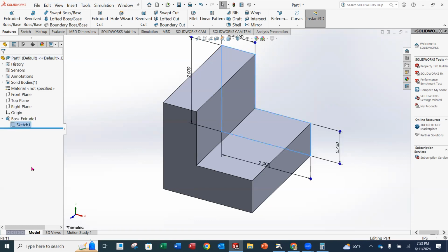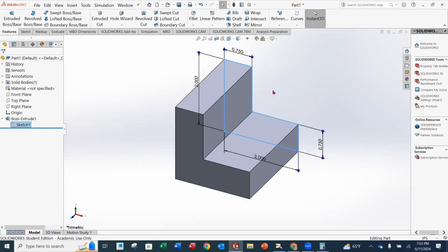I'm going to click on that sketch and zoom out by just taking my roller and moving away from me so I can get to it. Notice what happened here. I didn't officially go back into sketch mode, but notice that all of the dimensions that I created on my sketch are there for me. Guess what you can do? If I go to the 2-inch dimension and I double click on it,